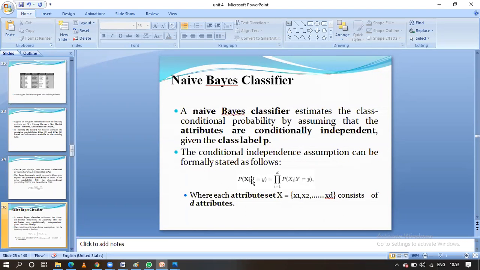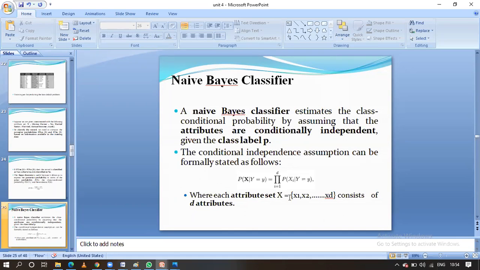Suppose the previous example, the loan default borrower, yes or no, that we have to write here. Yes means the default loan borrower, no means they are not, they are paying the loan in time, guys. That is related to y. Here x means testable. For each and every value of xi, we have to calculate that one, and finally we have to multiply all the values related to the Naive Bayes classifier, guys.